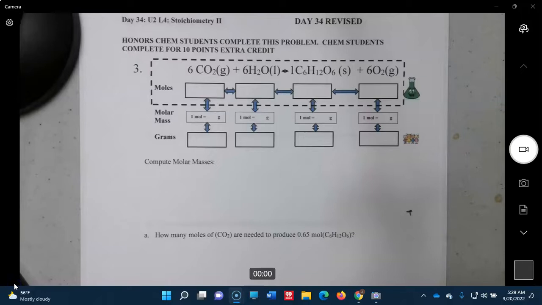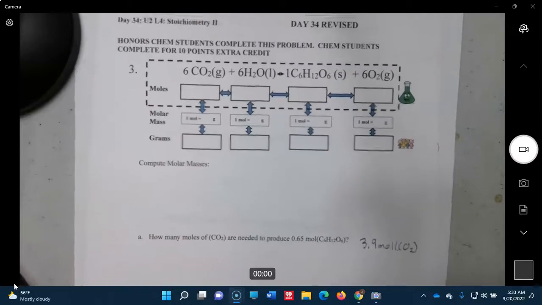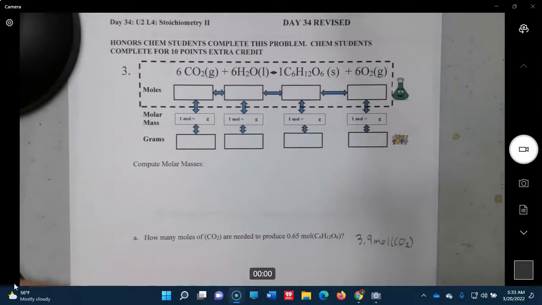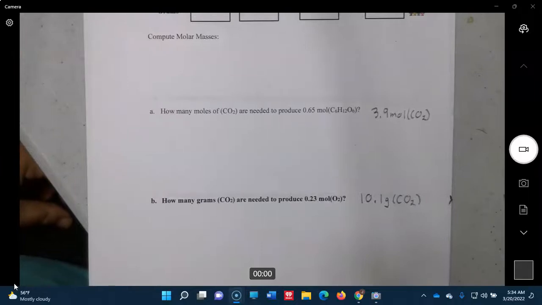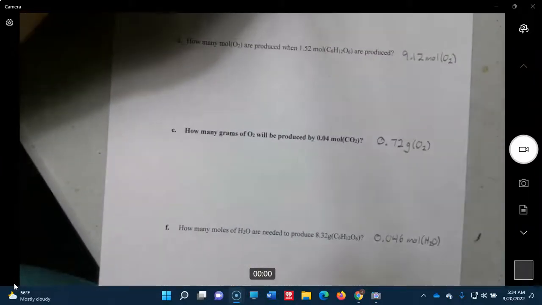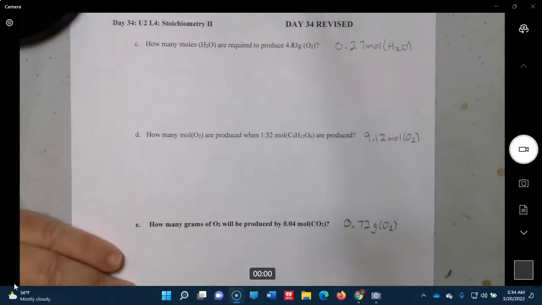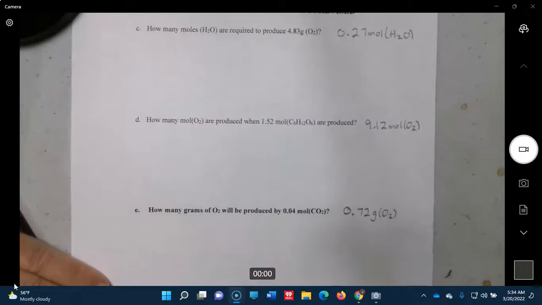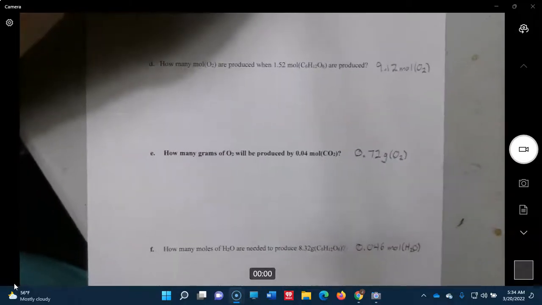All right, so for problem 3, here are the answers. This is day 34 revised, and this is problem 3, required for the honors students and optional for the regular chem students. So part A, the answer is 3.9 moles of O2. Part B is 10.1 grams of CO2. Part C is 0.27 moles of H2O. D is 9.12 moles of O2. E is 0.72 grams of O2. And F is